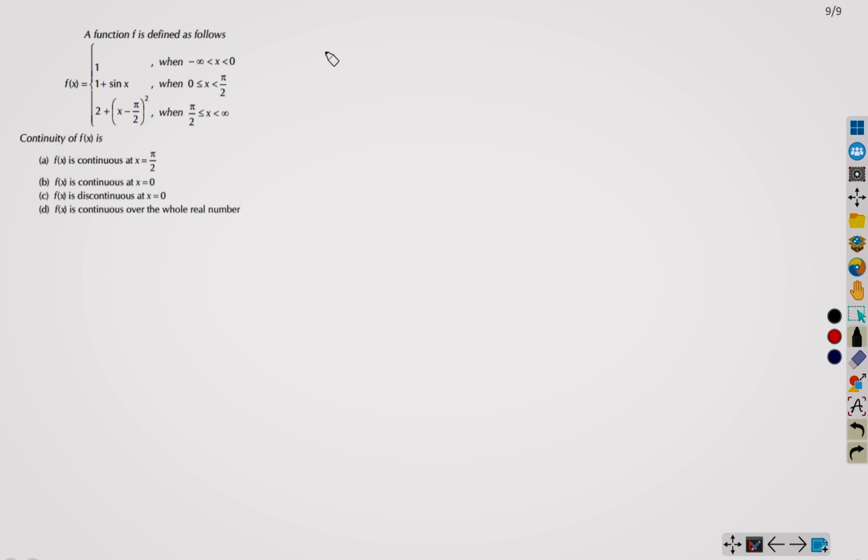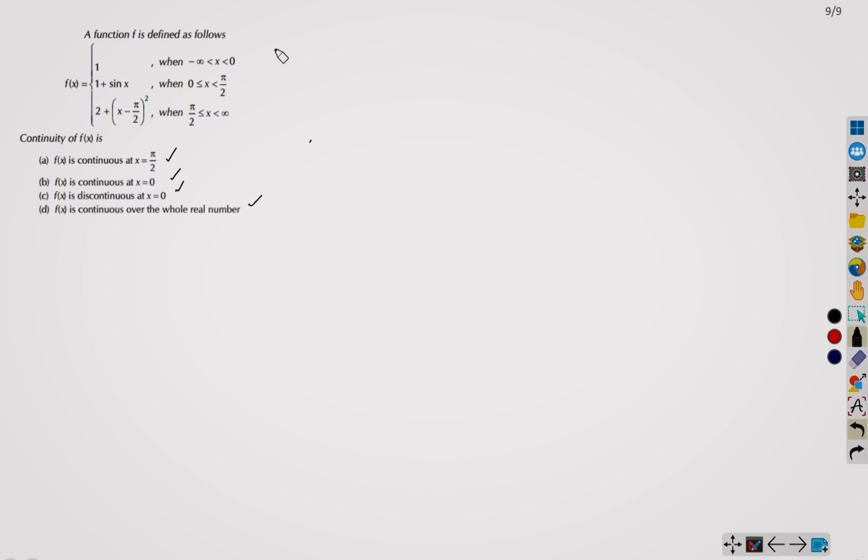A function f is defined as follows. We have to determine the continuity of f(x). Is it continuous at x equal pi by 2? Is f(x) continuous at x equal to 0, or discontinuous, or is f(x) continuous over the whole real number? Only one of these options is correct, and we have to determine which one. So this is some sort of multiple choice question,